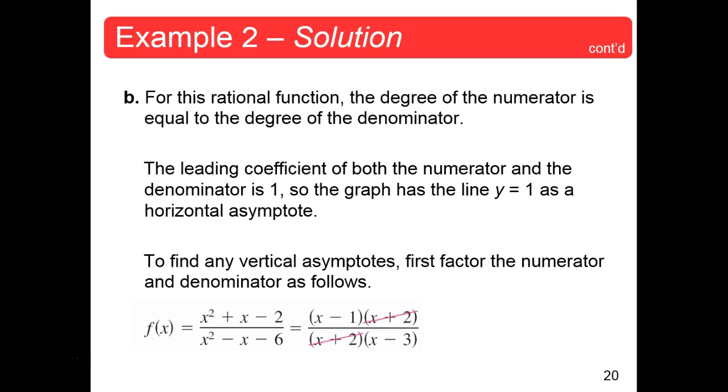Once you eliminate the x plus 2, then you know your vertical asymptote is x can't equal 3. Okay? I already determined your horizontal asymptote was 1. Y is equal to 1. Okay? So what you do,